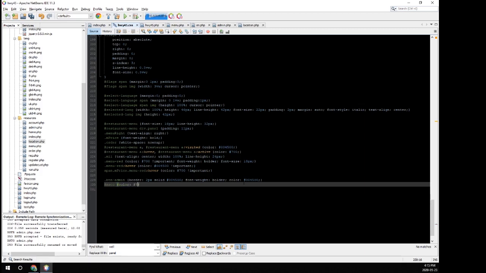Color pound 700. Font weight bolder. Style italic, and font size